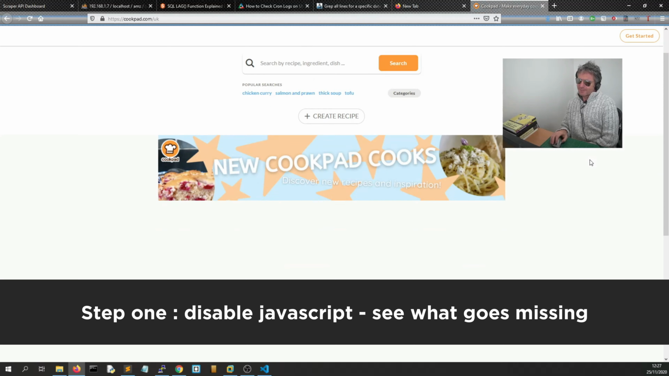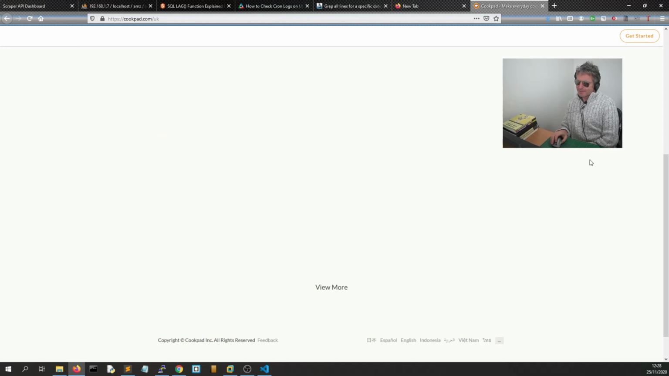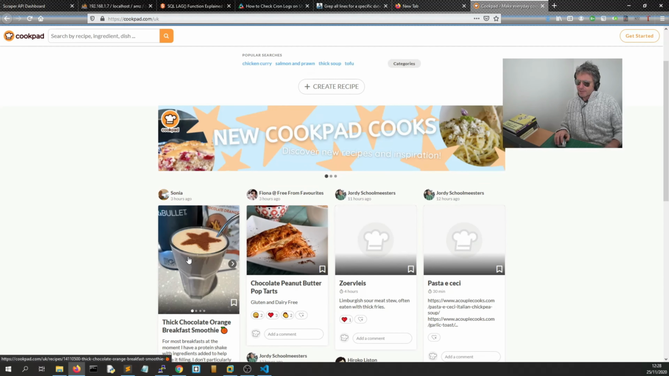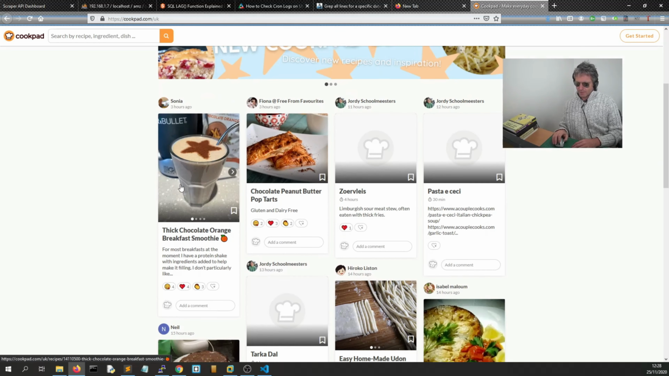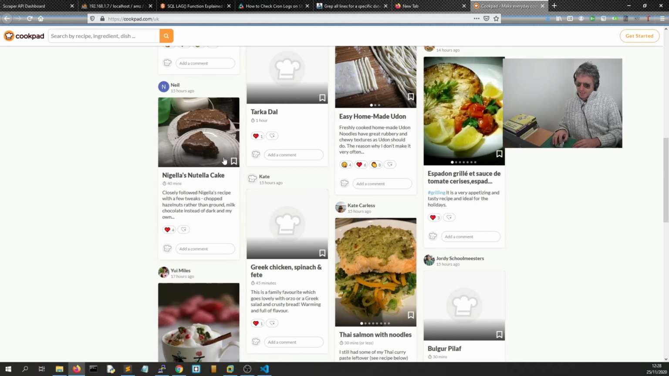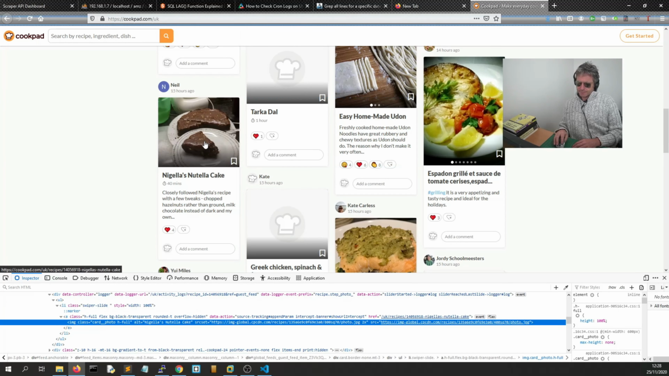And we have a lot of white space, which is not a problem, at least we know. So I'm going to turn that back on, and then let's have a look. So, the usual format: parent page, and then the children, Nigella's Nutella cake. So what are we going to do? If we right click, inspect element, then we'll click on it to actually go there,